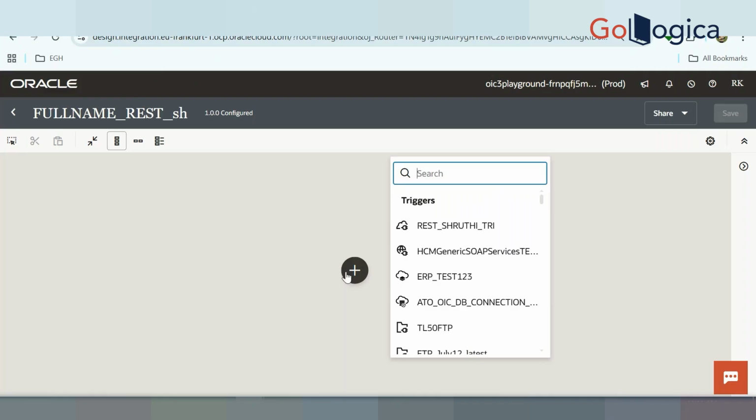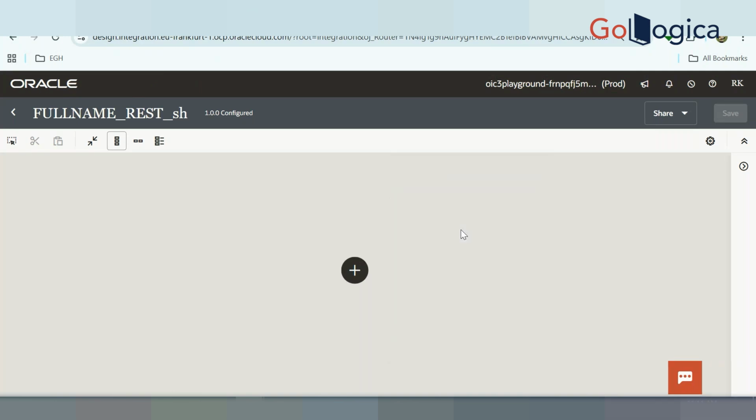No, invoke doesn't start the integration. Trigger is the starting point. Or else you can go with a scheduled integration, I'll show you later. So to initiate any integration, a trigger is mandatory. Yes, correct. Now understood. I'll select your connection.